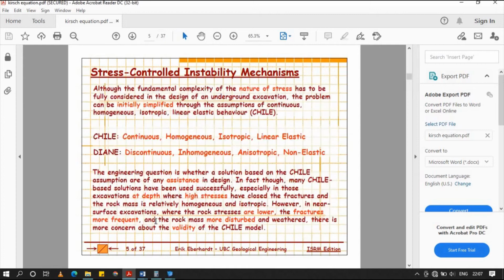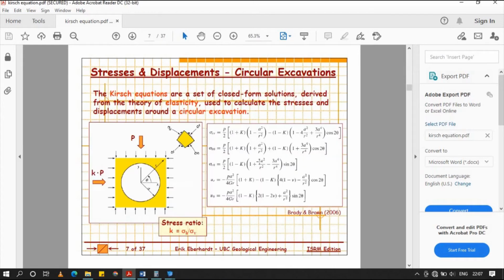And here is the Kirsch equation, which you have already read. This equation is for a circular opening, for any point at a distance r.